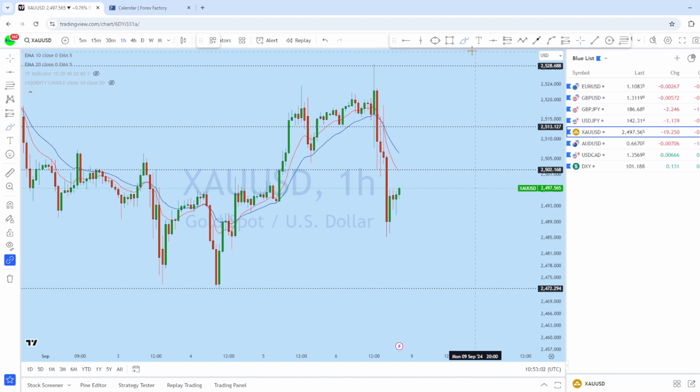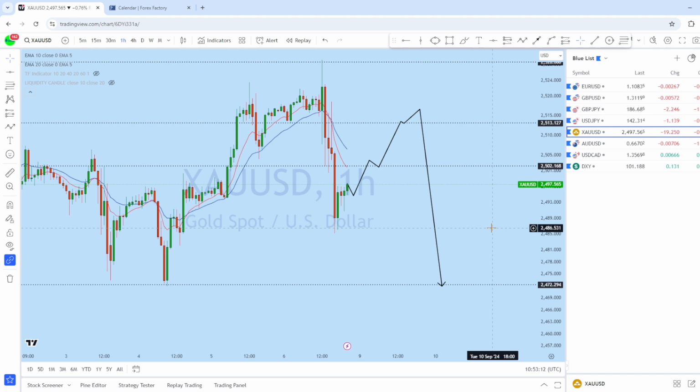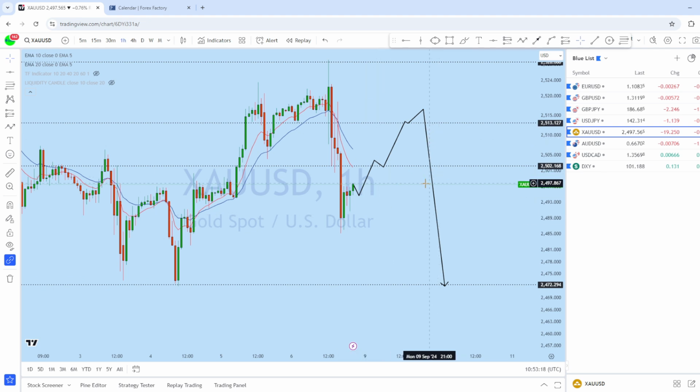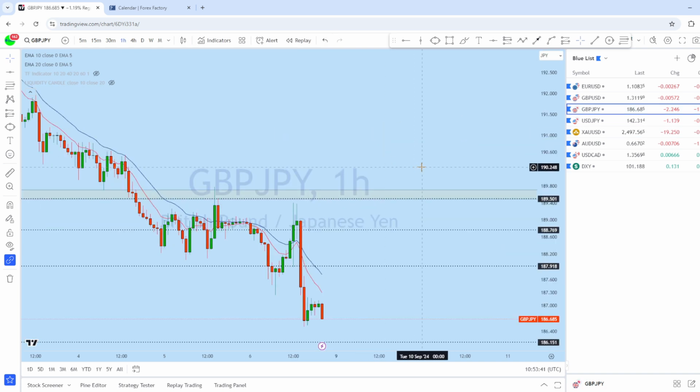So we might see in this week initially bouncing to the upside on gold, and then we can expect it to drop back down to range in that area. So with the market open tomorrow, we will keep an eye on a potential bullish setup if we see lower time frame price action confirmation on gold and yen pairs. Looking at